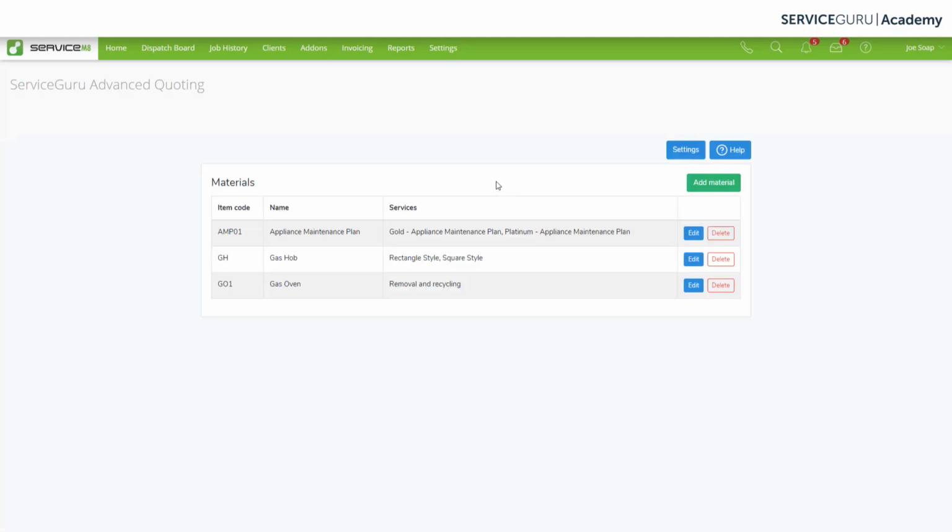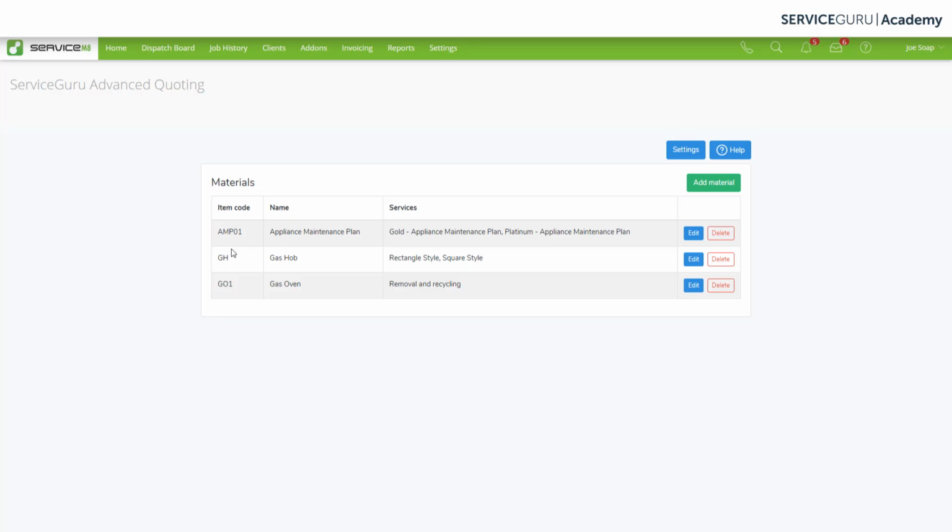This is where we build out a particular set of options as well as imagery for a particular item code. To give you a bit of context on how the system works, essentially it's going to look at an item code. It looks for a line item that you add, and when it sees that, it will be able to make all of the options that you've created around that item code available for that particular line item